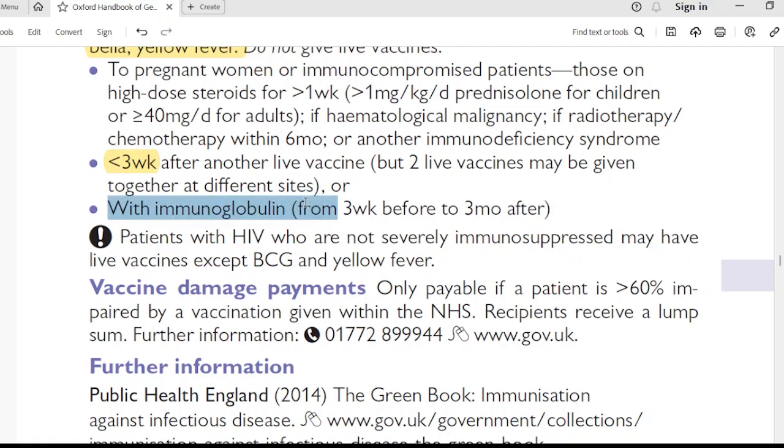So you should not give a live vaccine with immunoglobulin from 3 weeks before to 3 months after giving an